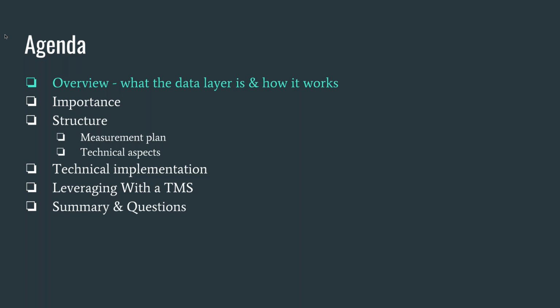We'll then go through the structure. So what it is that you're going to need to gather in order to be able to put together and develop and architect the structure of your data layer, as well as the technical aspects of what goes into that, how exactly it's working, what you need to do to initialize the data layer, what you need to do for pushing additional context, tracking different events. We'll go through that technical implementation,